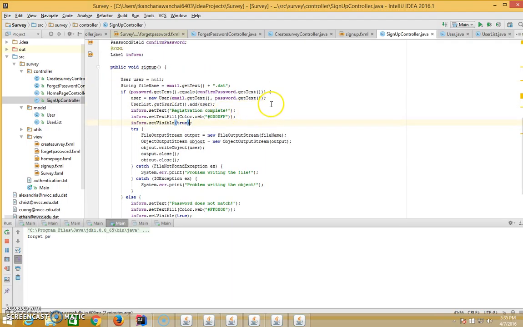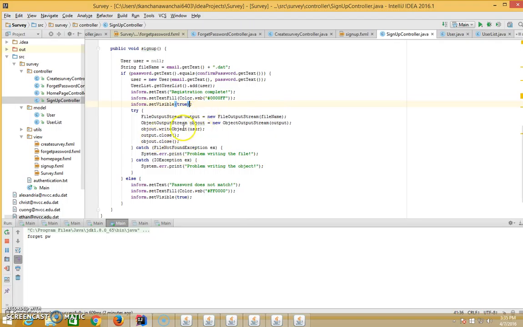So how to write the text? We use PrintWriter. We don't want to write to a binary file. Why? Because this list of emails can be reported. A human can read it, but we cannot read a binary file. So that's why we want to write